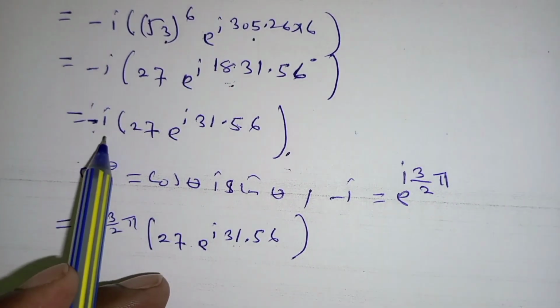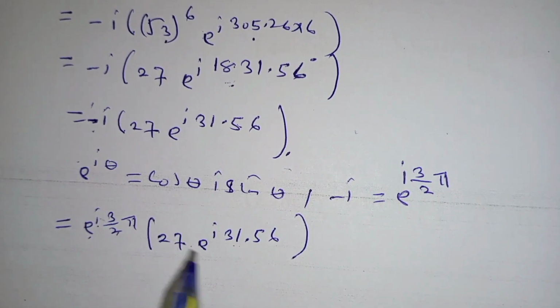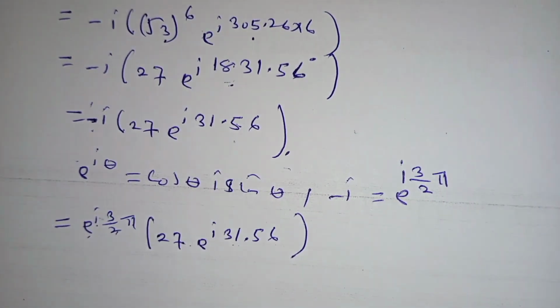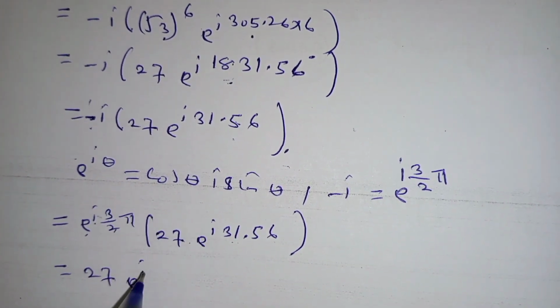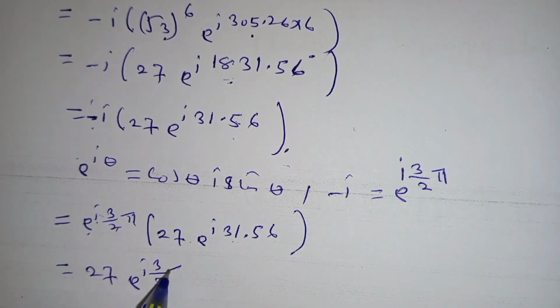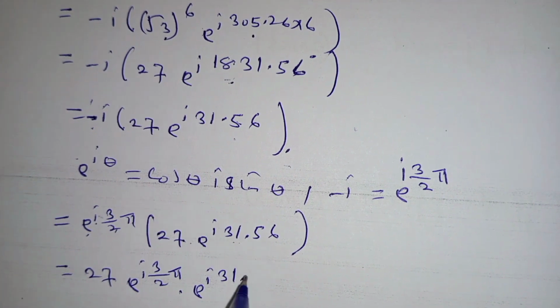So instead of negative i, we substitute with e to the power i 3 over 2 pi, and then we write this other part here, which is equal to 27 e to the power i 3 over 2 pi multiplied by e to the power i 1.56 degrees,